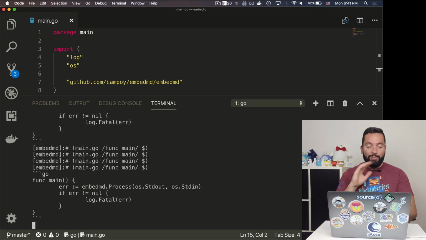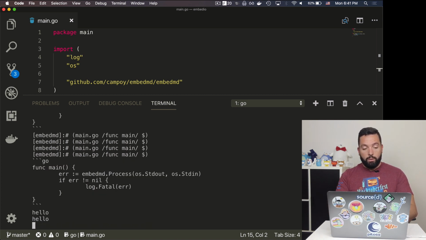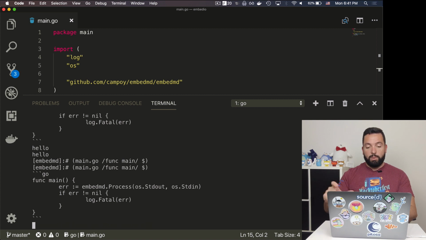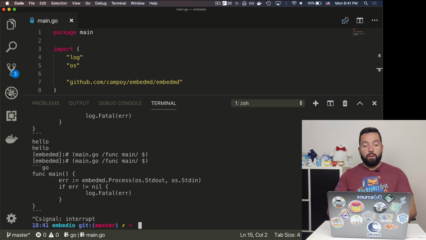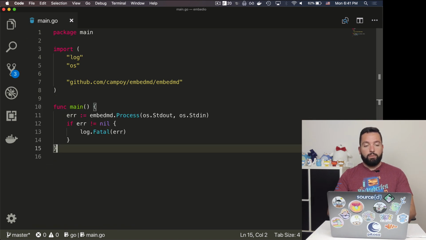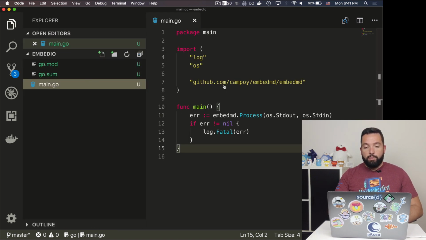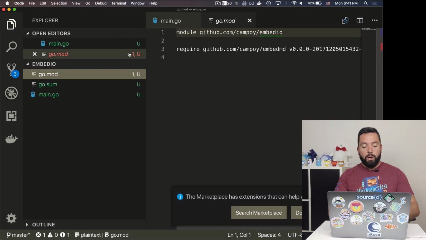And main.go, it will replace it with the same comment followed by the content of that file. There you go. But anyway, the important thing is that this program works and that it's able to print hello, and then if you ask for a specific piece of a program, it just puts it there. That's what embed does. But the important thing is the contents of this repository so far. So we have our main.go. We also have go mod, and go mod,